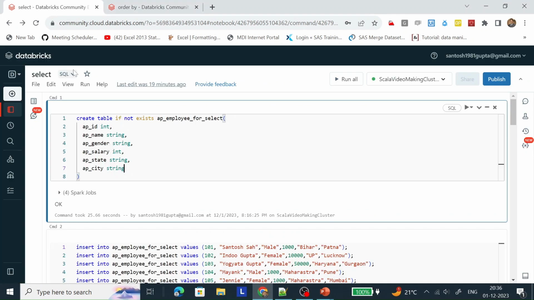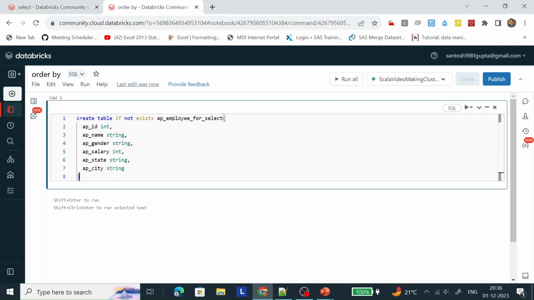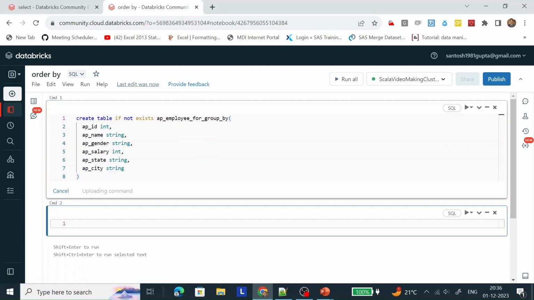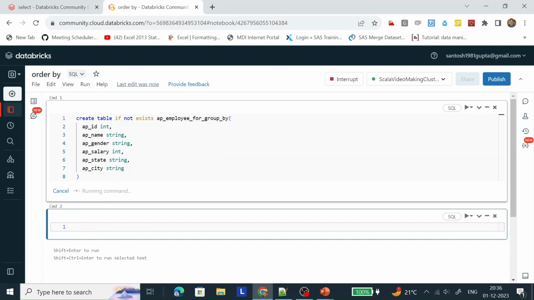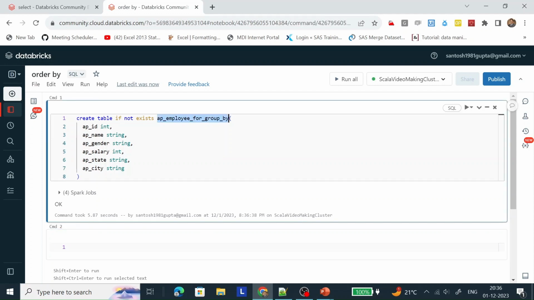I am going to copy the code and change the name of the table. So this is the code for creating a table. Let me change the name. Let me run it. This table has been created successfully.